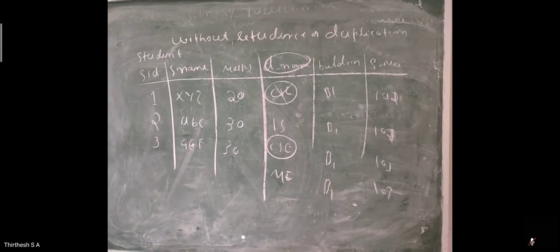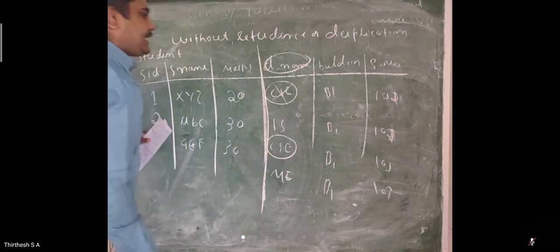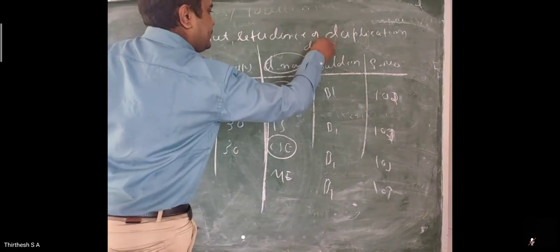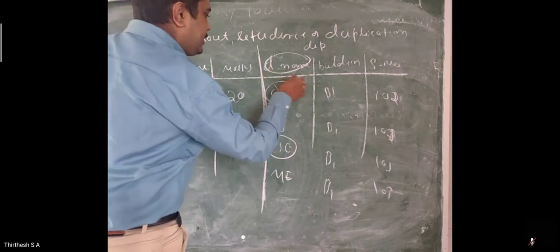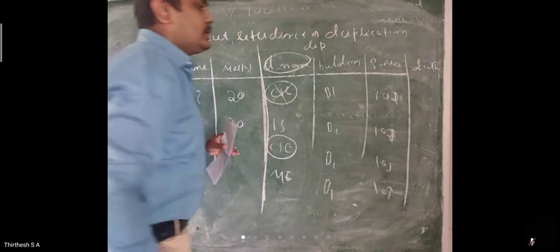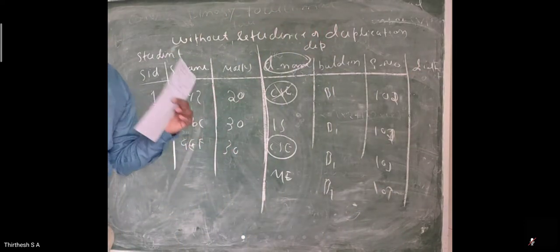So what is normalization? Normalization is the process of organizing the database in a proper set, without having any duplication. That is known as data normalization. What we can do here is create two tables, student and department. A department consists of a unique ID called department ID, like DID. By this we can achieve normalization.